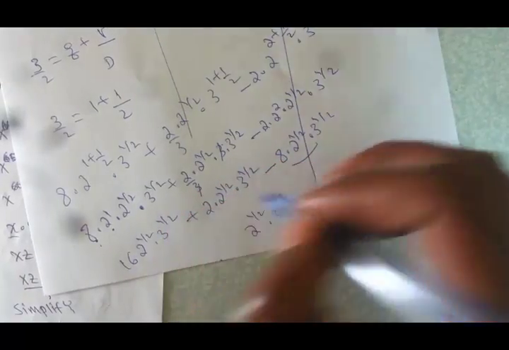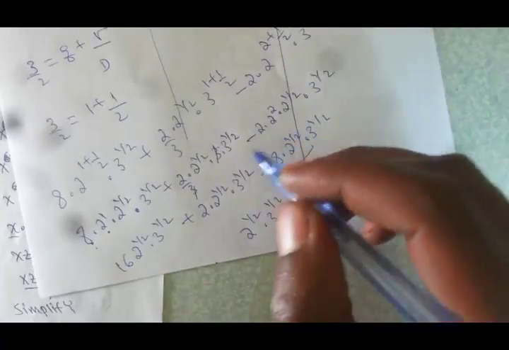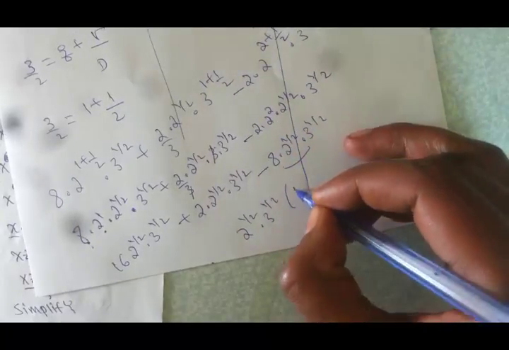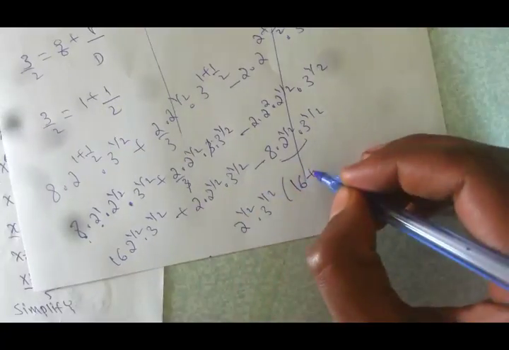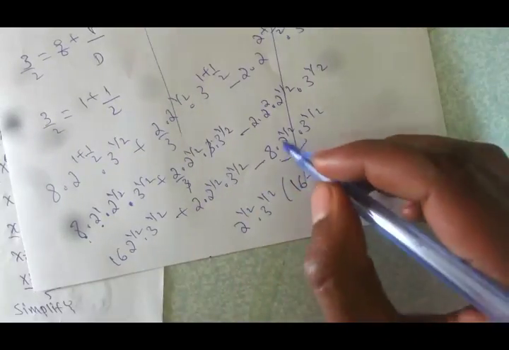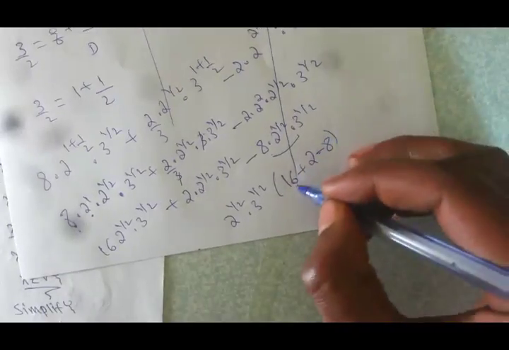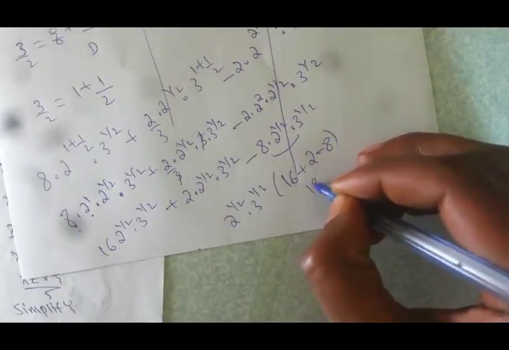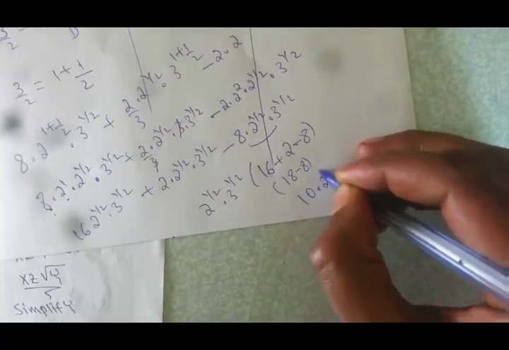When this number is divided by this number, therefore when we divide, it becomes 16 plus, when we divide this number by this, 2 will be left, and when you divide this number by this, minus 8 will be left. Therefore 16 plus 2 is equal to 18, minus 8 will be 10 times 2 raised to 1 over 2